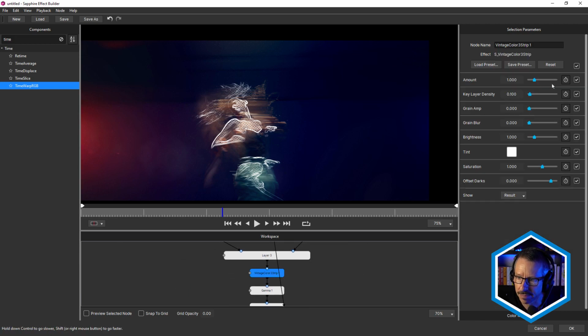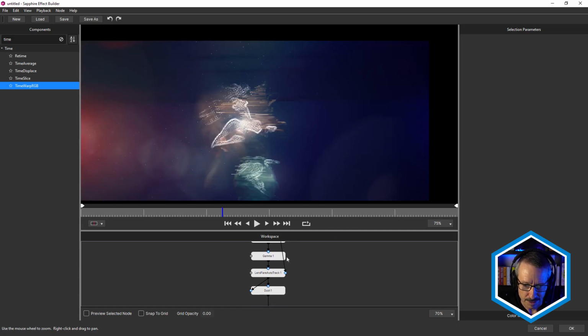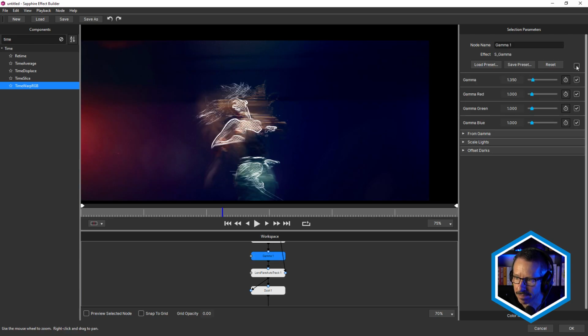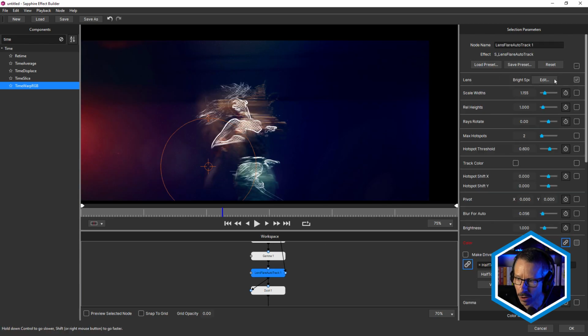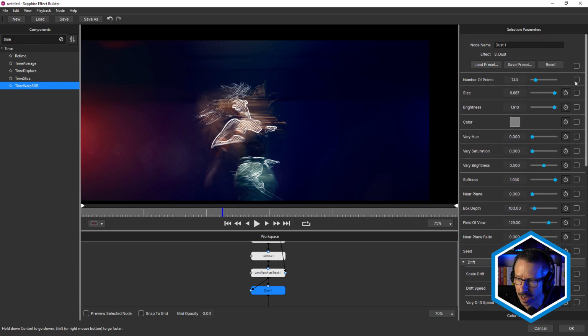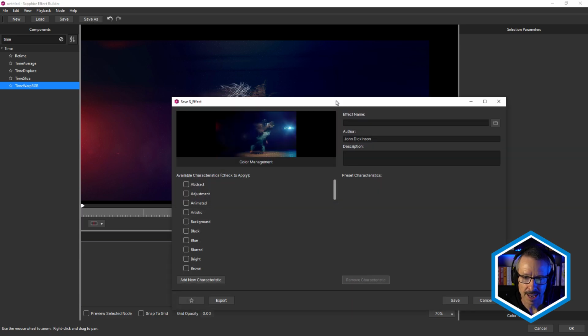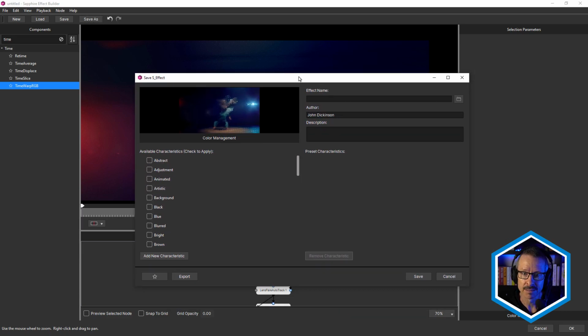Finish color 3 strip, maybe the amount. And the gamma, just be careful not to break that. And the gamma can be nothing. Lens flare auto track, maybe the hotspot, what could we do? The hotspot brightness, maybe the brightness. And dust, maybe the amount of dust, or the number of points. And once we've got all that set up, we could come in and save that as our preset. Simple as that.